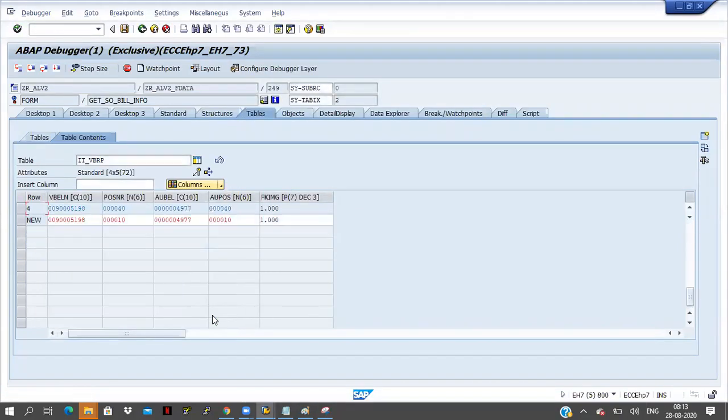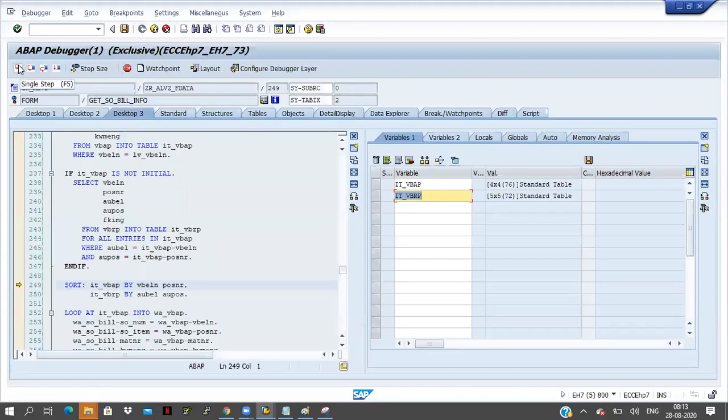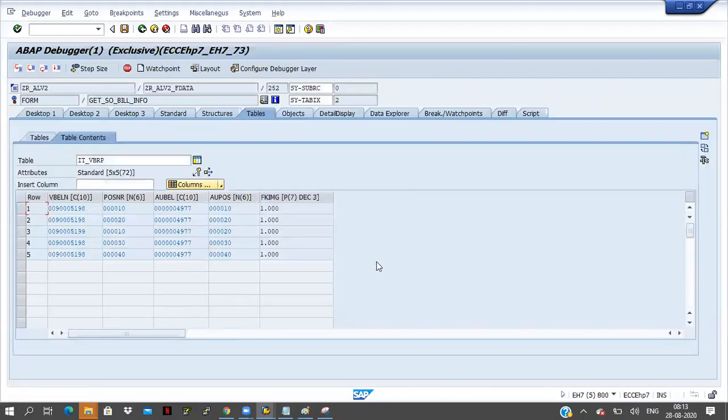And here I am changing the document number. For the quantity, for the item number 20, it will come like this. Now click on back button. The data will sort here. After the sorting, I will take this one. Double click on it.